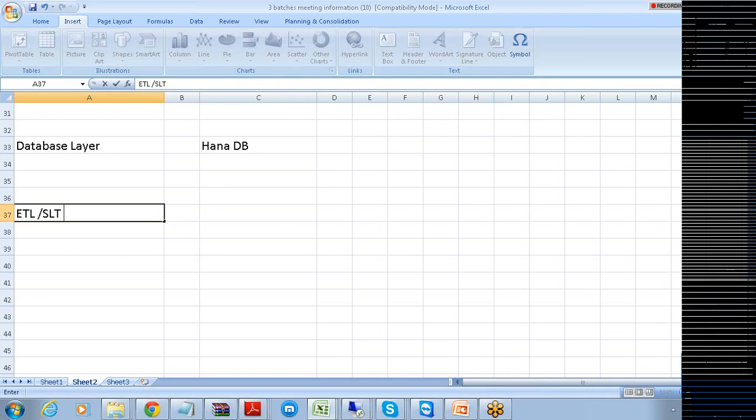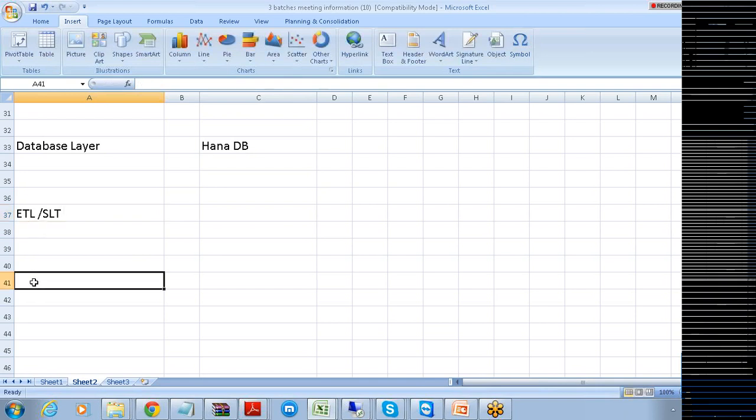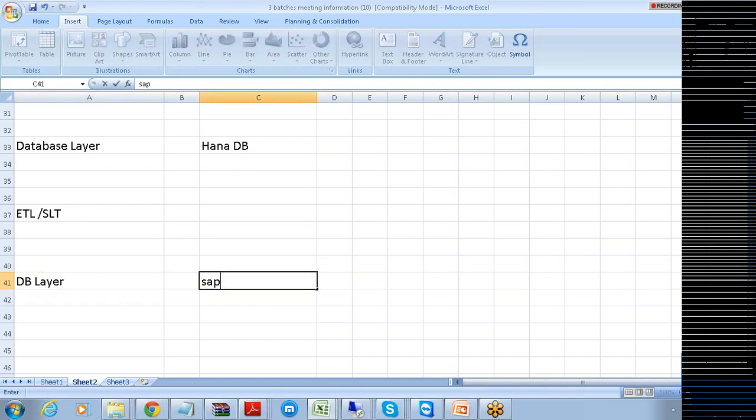Okay, when we go down, you're going to have your source databases. What is the database here? This is nothing but your SAP ECC. This is what is called a flat file. This might be something like SAP BI, sorry, SAP BI in the sense BW, Business Warehouse.